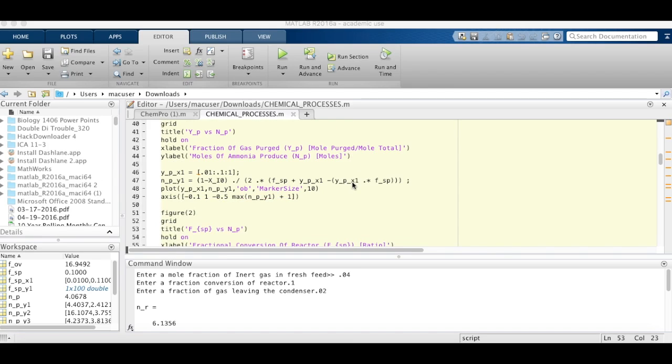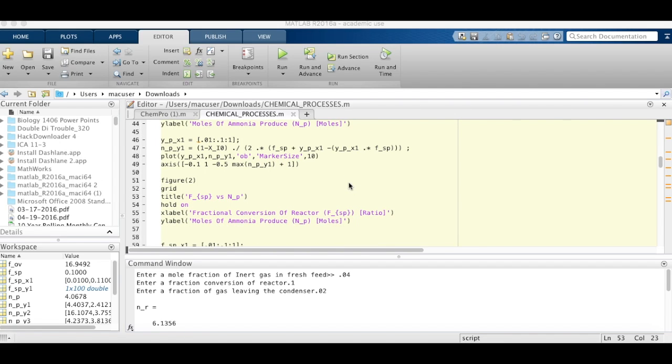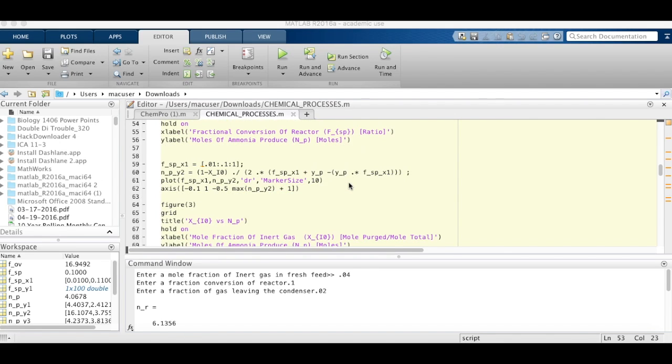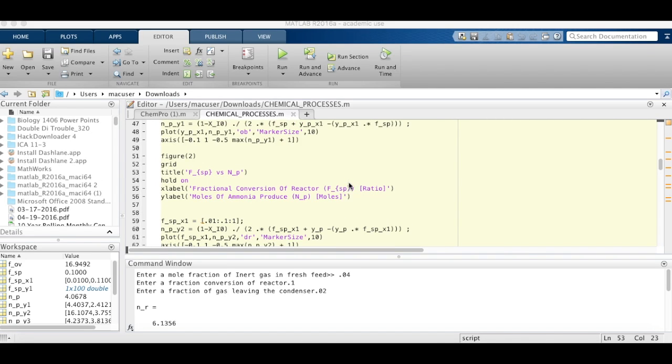We did that 3 times. The first graph was YP versus NP, the second graph was FSP versus NP, the third graph was X initial naught versus NP, and for all 3 of them, the X variable, which is an independent variable,